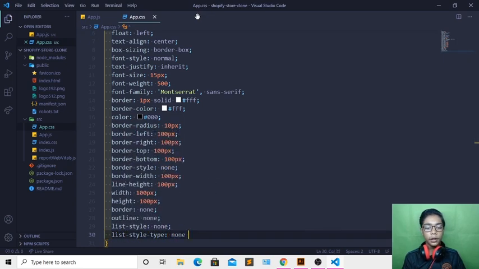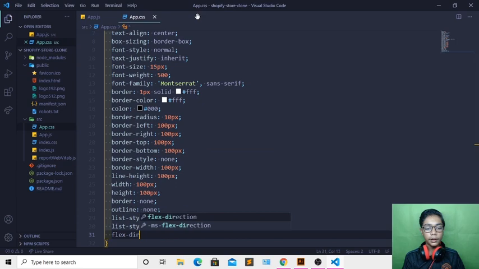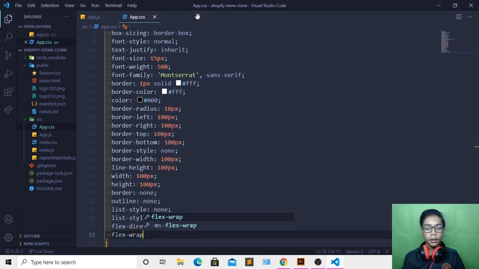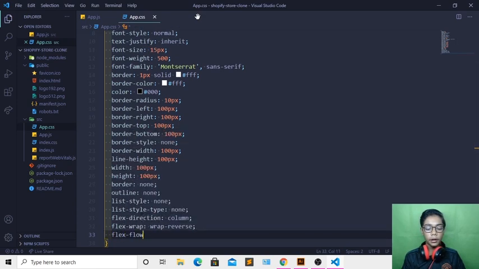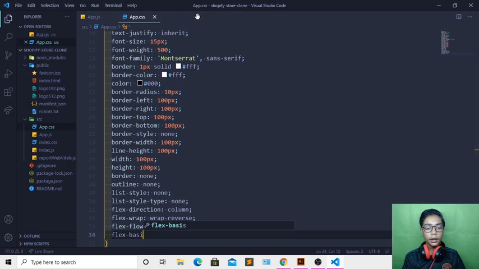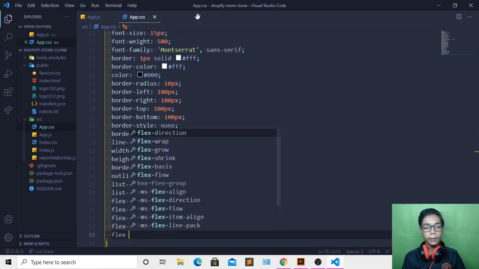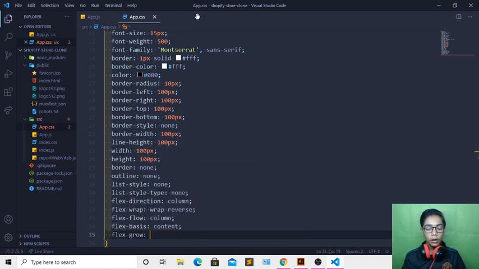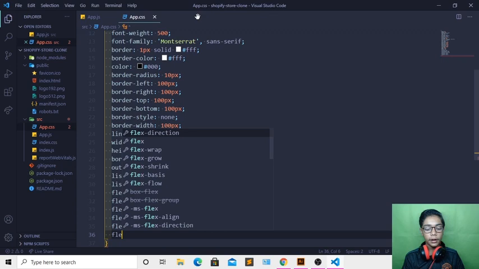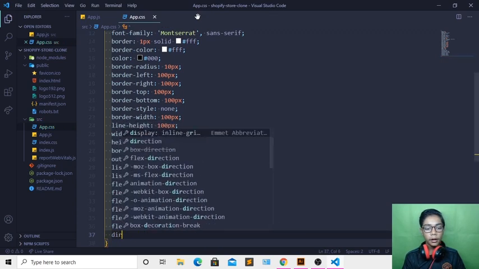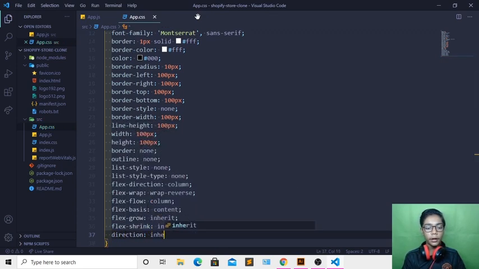Now when you've done all that, I will be coming underneath creating flex-direction which should be column, then create flex-wrap which should be wrap-reverse, then after it I'll be coming underneath creating flex-flow column, create flex-basis content, so I will be writing flex-basis content, create flex, and I will be changing that to flex-grow inherit. Then I will also be writing flex-shrink inherit, create direction which should be inherit,